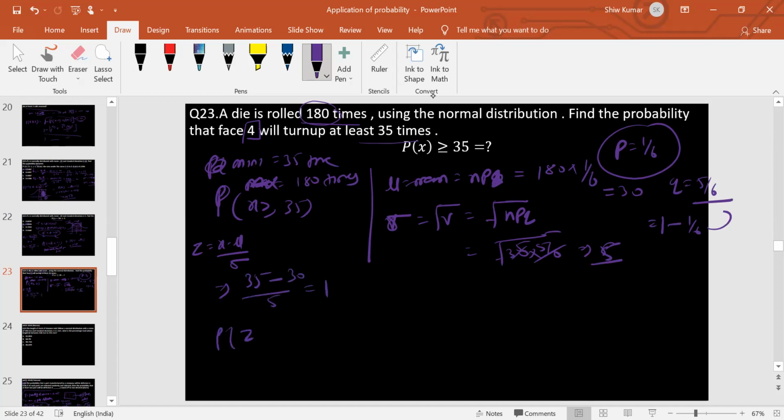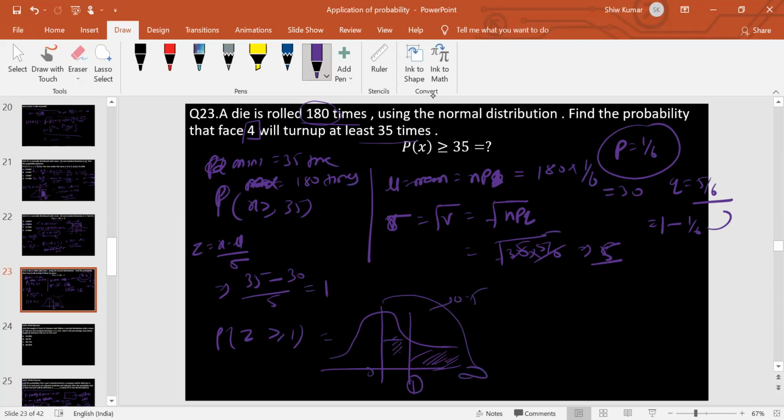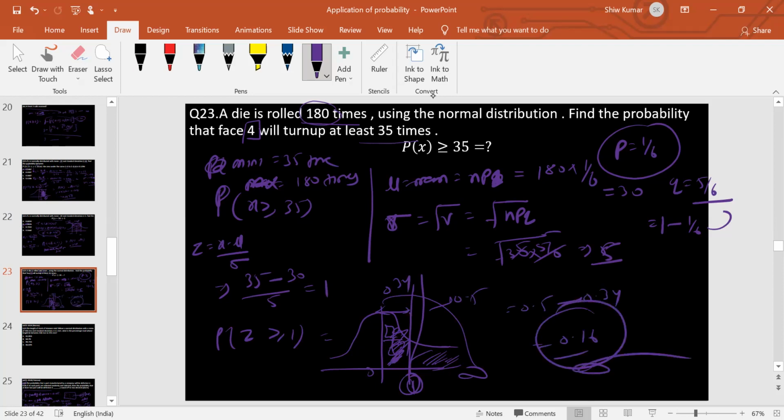तो P of Z must be greater than 1। इसको अगर हम indicate करते हैं normal distribution graph में तो ये 1 होता है, greater means this region। हमको ये region find out करना है। तो ये region कैसे find out करेंगे, तो जो total value होता है 0 से infinity तक ये 0.5 होता है। अब ये regular region subtract कर दो, तो ये जो region है under the first sigma limit, 1 कहने का मतलब है it's a first sigma limit और ये value होता है 0.34। इस 0.5 में ये 0.34 subtract कर दो तो you will get it here 0.16, यानी the 16% is the probability of getting a face 4 will turn up at least 35 times।